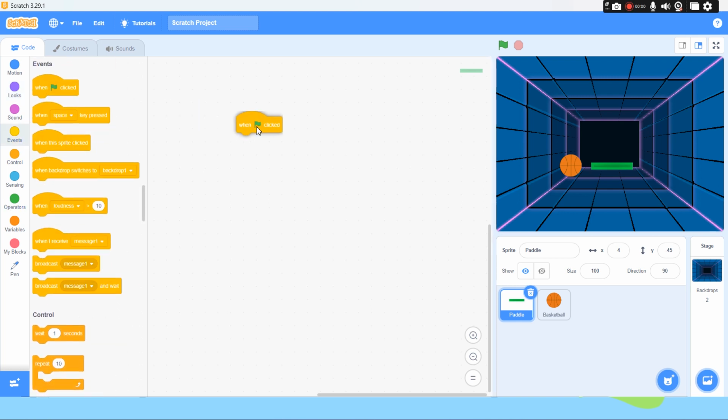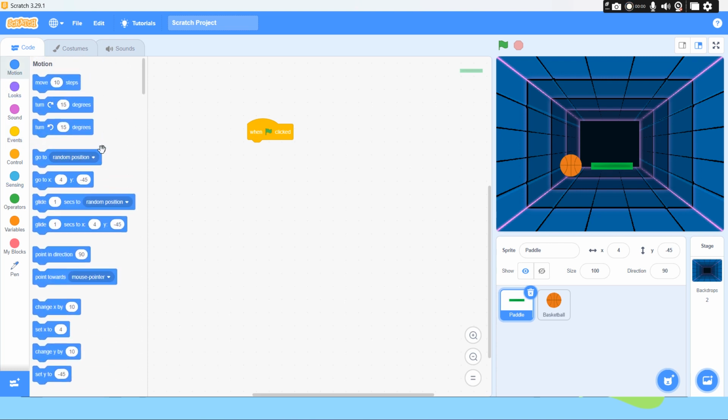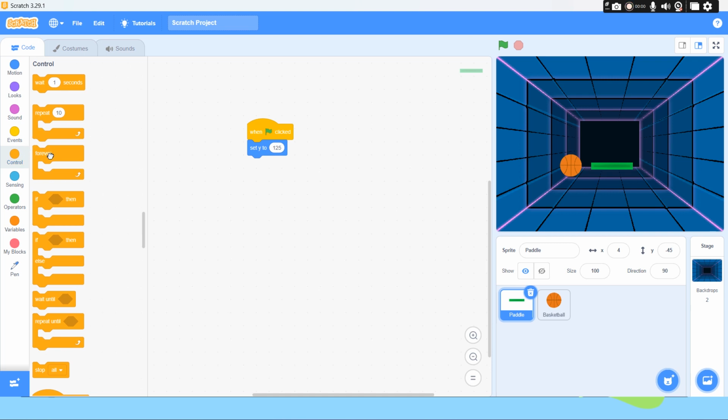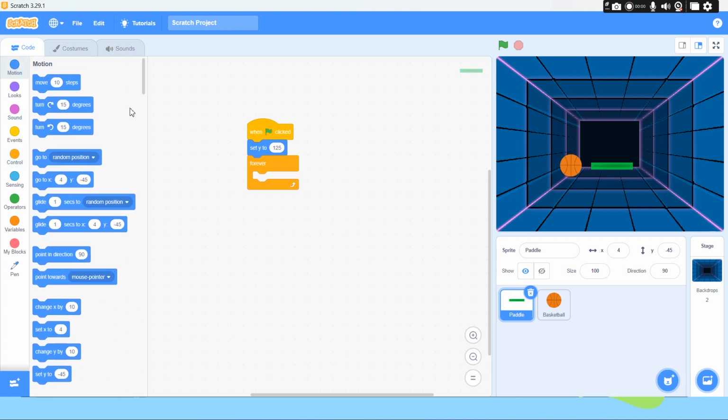When the green flag is clicked, go to motion, set y to minus 125. You can try different numbers, minus 120, minus 130, minus 140, but make sure it is in minus because we want the paddle to be below the ball. And now I will take a forever loop. So I will go to control and take a forever loop, that is an infinite loop, and then set x to mouse x. So motion,